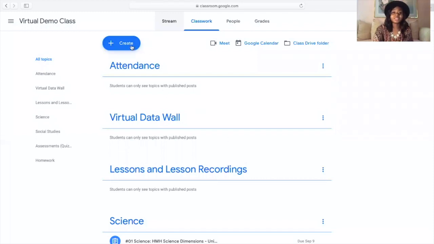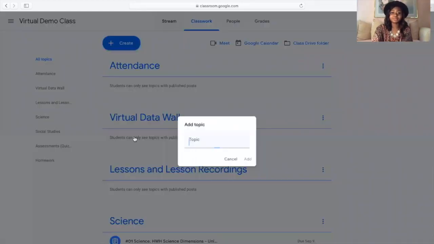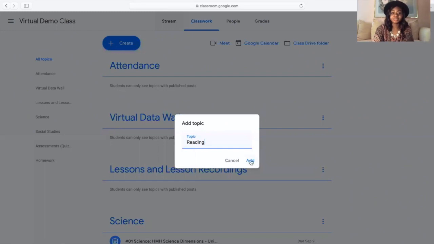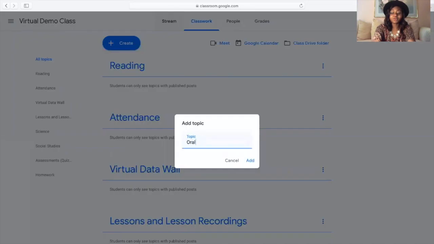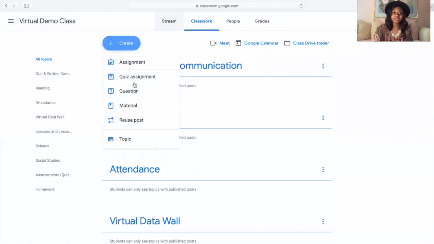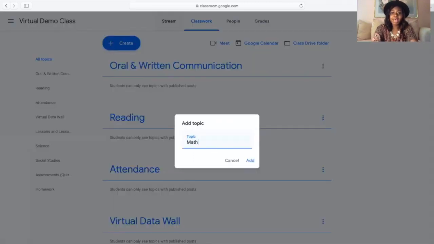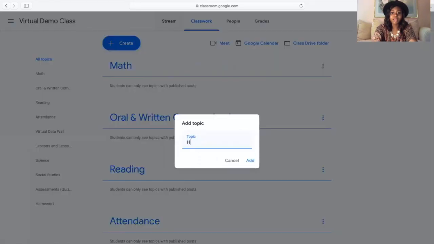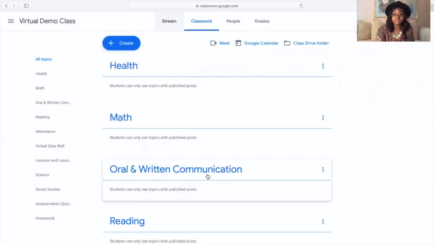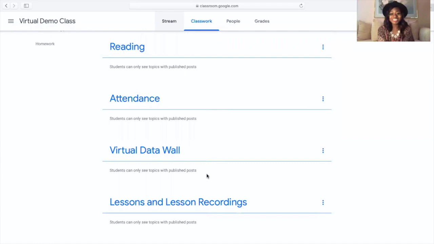And then of course I would create a topic for reading. I would create a topic oral and written communication. And I would create a topic math, and one more for health. And I would just move things around based on your preference. So